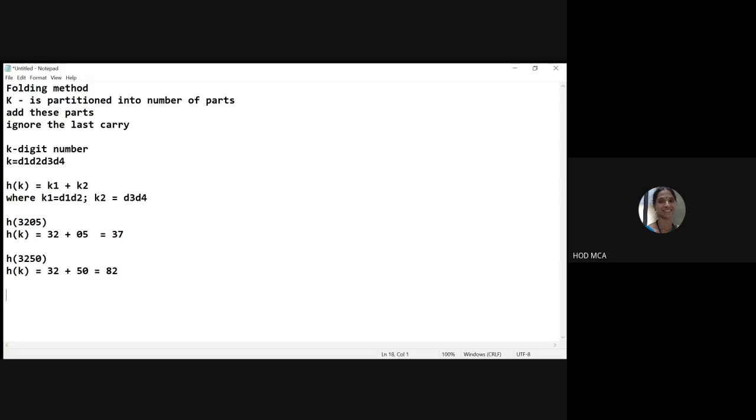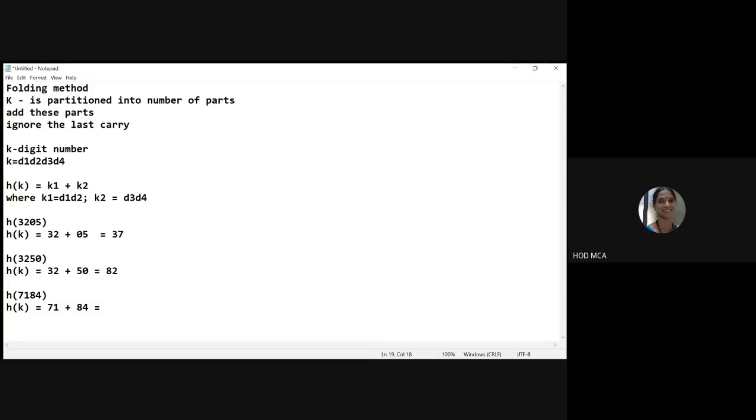All right. Next, let me take another example. H of 7184. Again I have to partition it into parts. So h of k is equal to 71 plus 84.